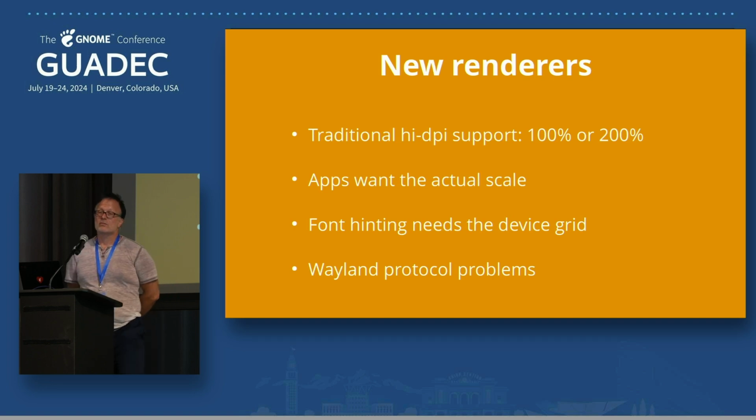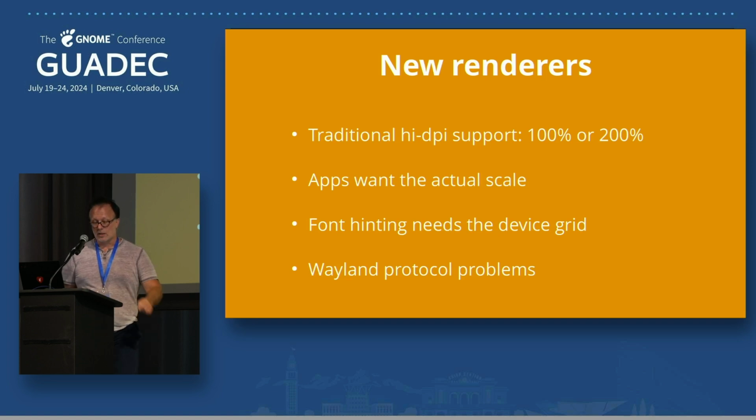Of course, that has some downsides, this approach. It makes it so that applications render more pixels than necessary. In particular, if you go beyond 2 times, say to 3 times, you end up in situations where we can actually have bandwidth problems, because that's just a lot of data, and it all gets scaled down on the compositor side again anyway. And the scaling down on the compositor side makes everything a bit blurry. It's very uniformly blurred, but still, applications really want to have the actual scale enhanced so they can render sharp